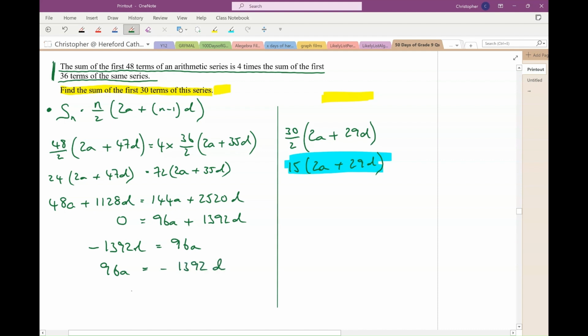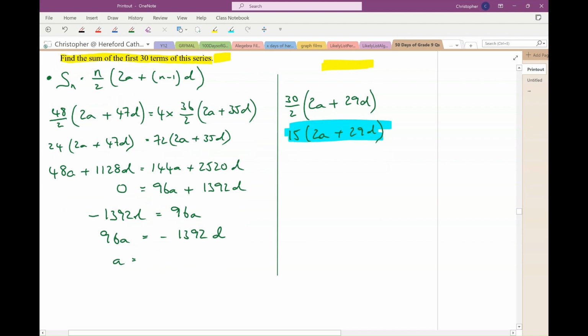Divide both sides by 96, and I get an expression for A. A is minus 14.5D. Now, if I substitute this expression for A into here, it's going to be 15 multiplied by twice A, so 2 times minus 14.5D,